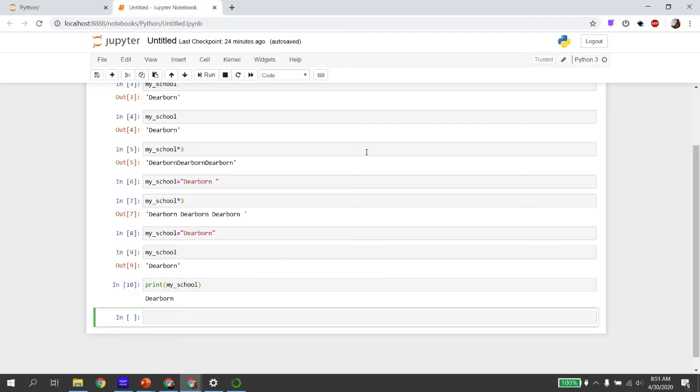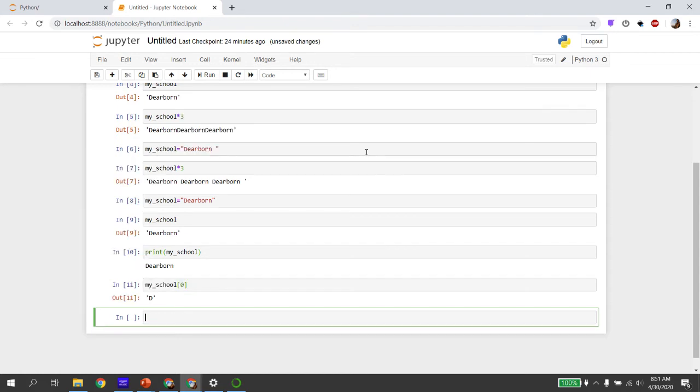So if I have my school, right? In order to get the first character, I'm going to put this bracket. Excuse my son screaming in the background. I'm going to get this bracket, and I say 0. If I say my school bracket 0, I'm going to get D, because D is the first character in that string. If I say, I don't know, my school bracket,